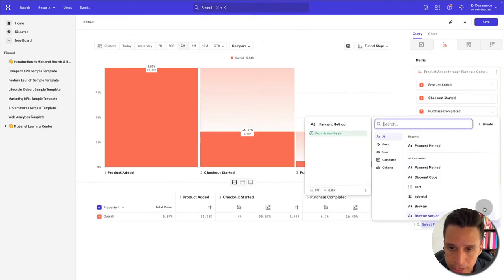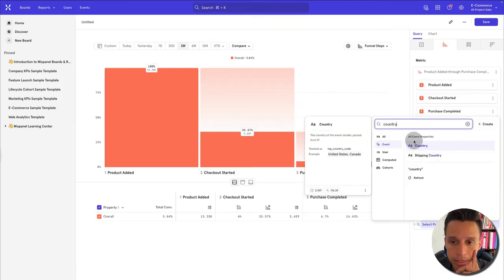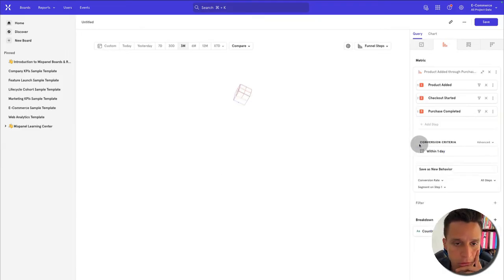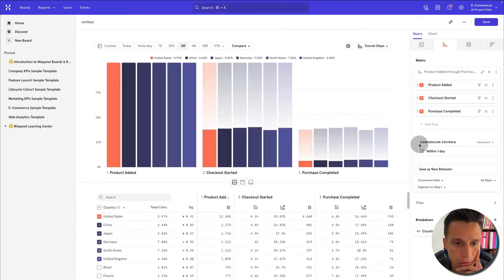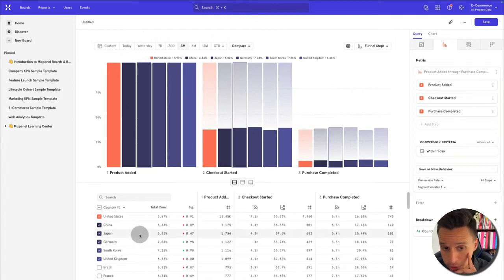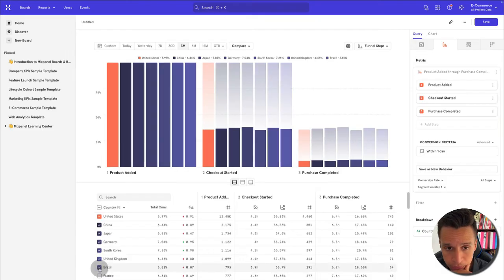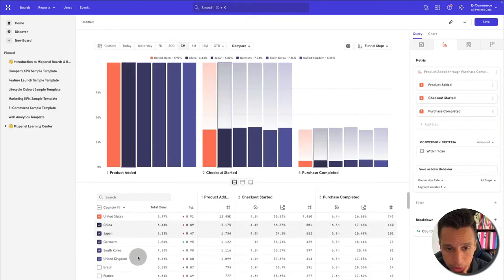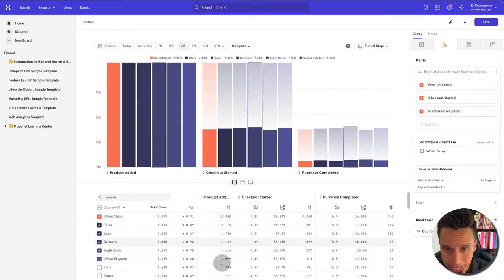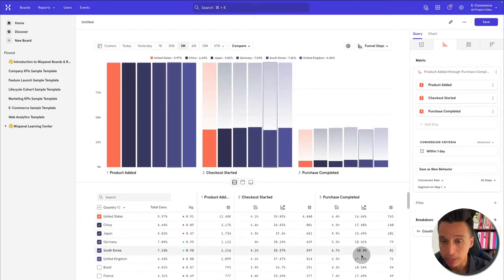Let's do another breakdown that will be available on step 1. Maybe country. Let's try that. Okay. So now we can see the top countries in this case. There's lots of different countries, but there's a limit to how many we can show in the funnel itself. And we see the top countries by number of products added, and then we see their specific conversion rates to each step, and so on. So we can start to look for interesting segments,